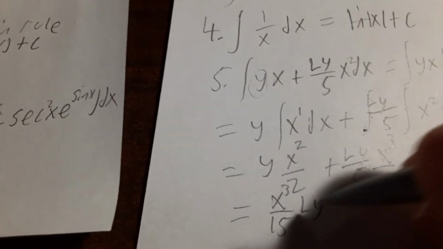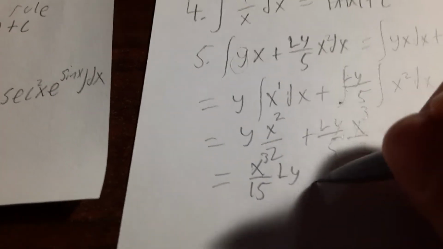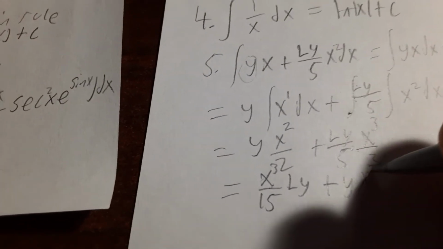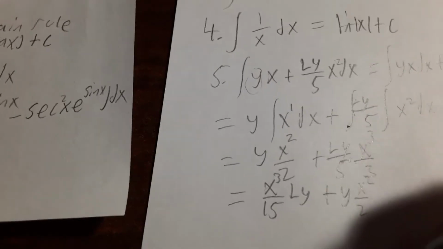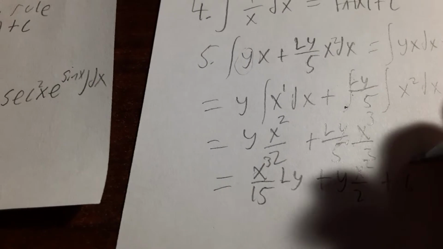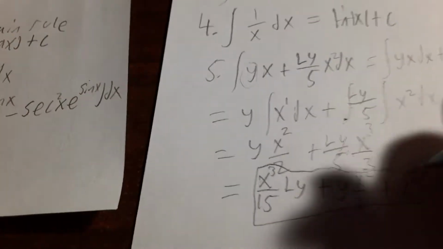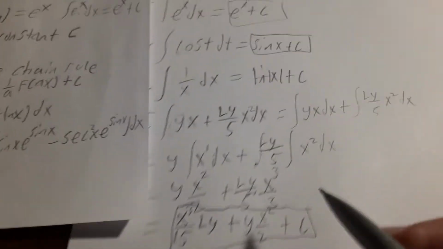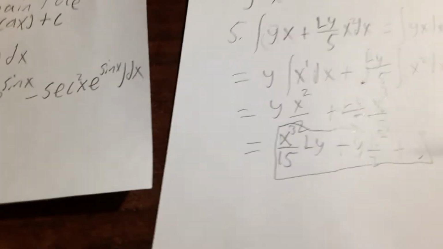And then I'll put the constants there for some reason, plus y times x squared over 2. There's really no reason you have to put it that way, just that's the way I put it. As long as it's like that, then you should be good. So plus c, don't forget your plus c. It will be counted wrong because it is actually wrong. When you're doing antidifferentiation, you're finding all the functions. Unless it says find an antiderivative, which is very rare, but